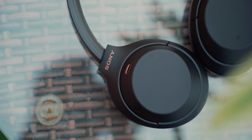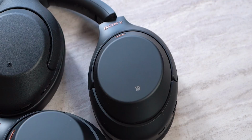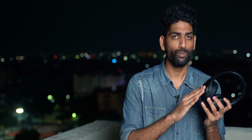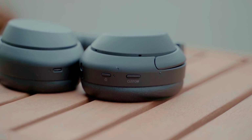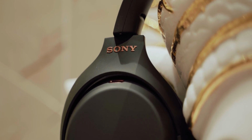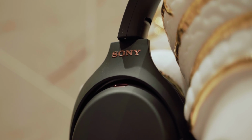The most subtle change of all has to be the design itself. They look almost identical to the XM3s. You won't even be able to tell them apart. We've got the same smooth texture with the same button layout and the beautiful rose gold accent. If you're not a fan of this design, if you were expecting some sort of change, well, there is still